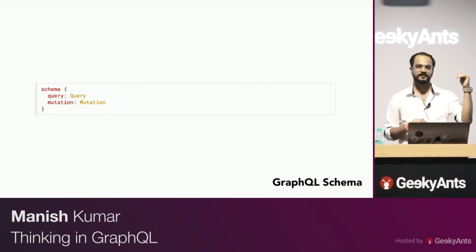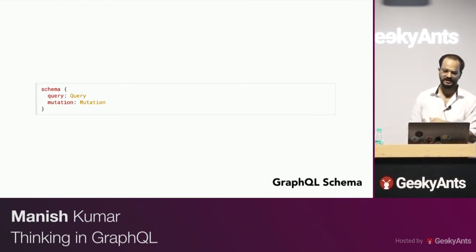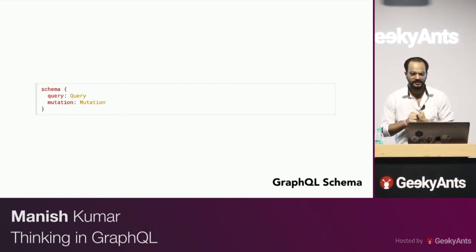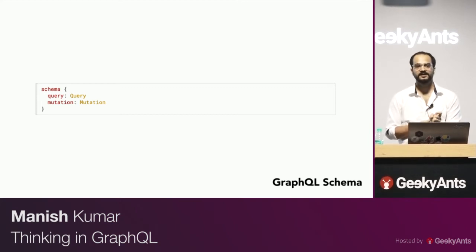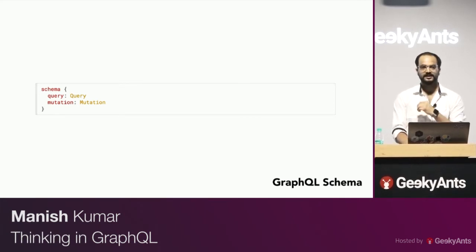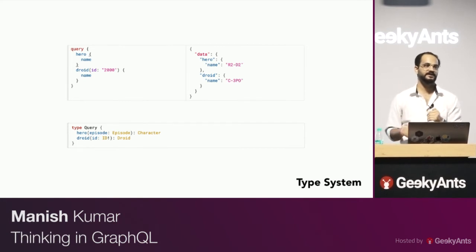And like we said, query is for GET, if you want to think in that way, and mutation is for all your PUT, PATCH, update, any kind of other updation pieces. So in a schema, these 2 types are mandatory. These are object types for GraphQL. Without this, GraphQL cannot execute. The other pieces are, obviously, you can define your types, whatever your domain is. If your domain has users, your domain has comments, you can define all of them as types. Those are equivalent to this. Like here, you have a hero, you have a name.